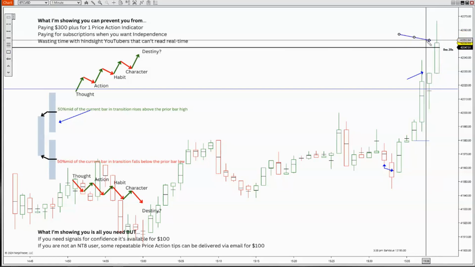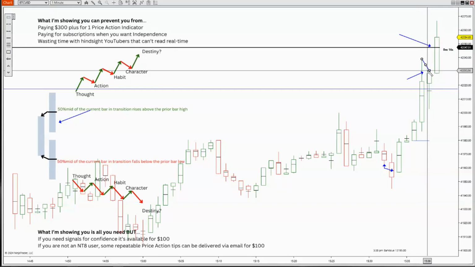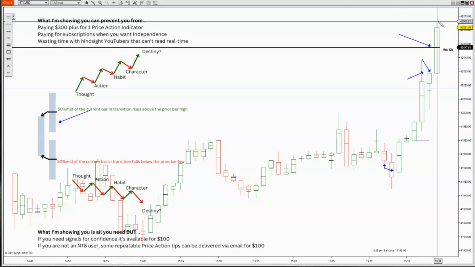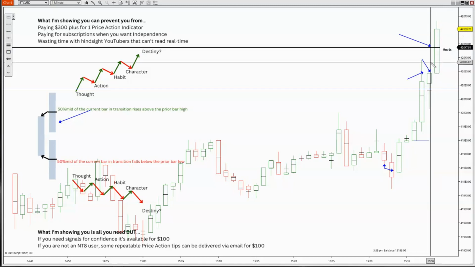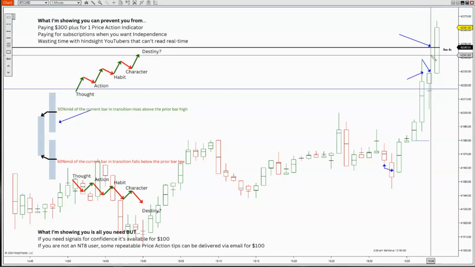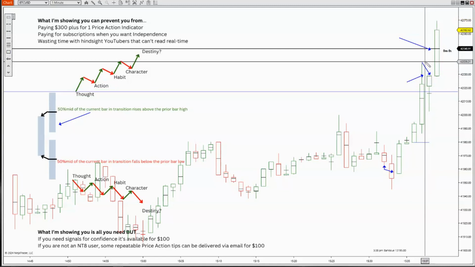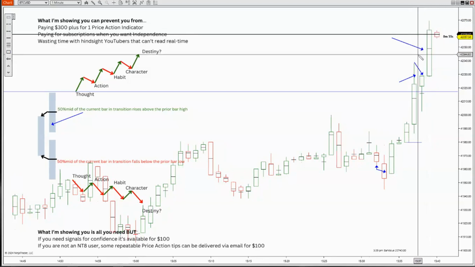I want you in that trade the moment that this midpoint rises above this bar's high. So you should be net positive and take whatever you want out of the trade. I don't care if it's $5. I want you to take whatever you need consistently every time you see that scenario. If it's just 5 ticks, 20 ticks, 2 ticks, whatever it is, I want you to constantly get in